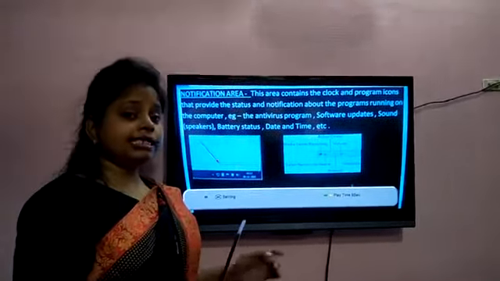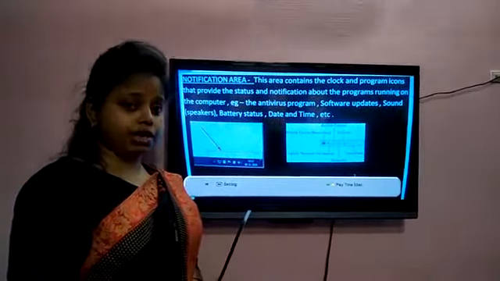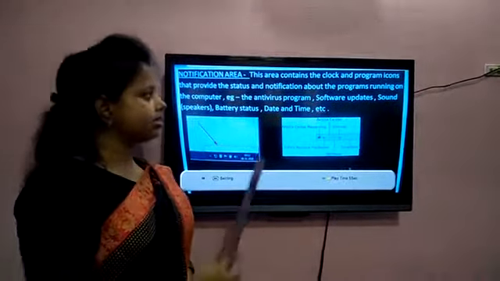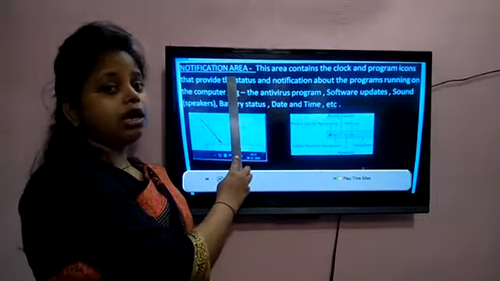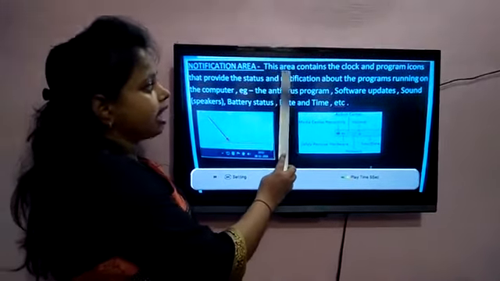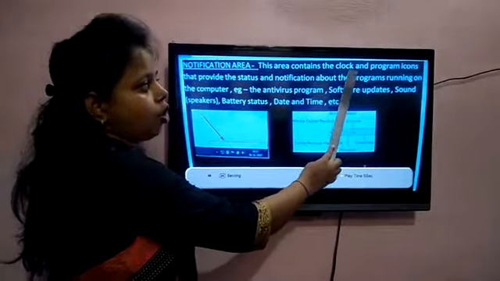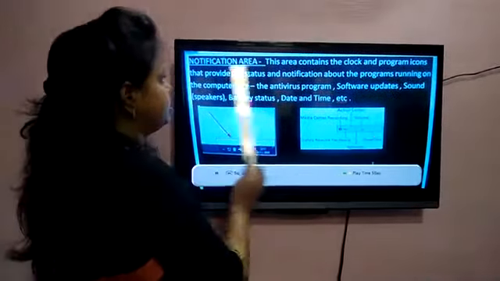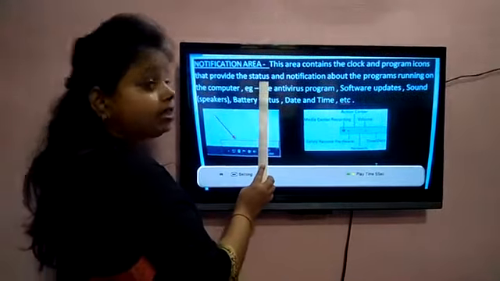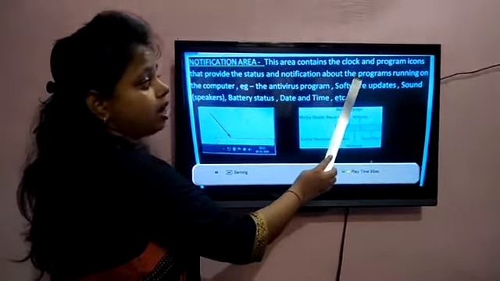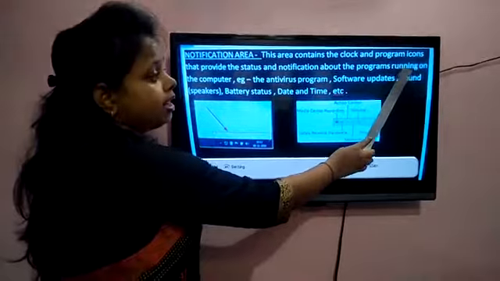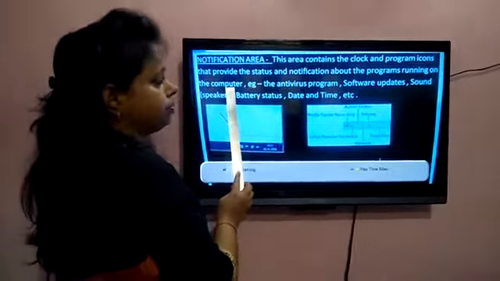The next section of the taskbar is the notification area. This area contains the clock and program icons that provide the status and notification about the programs running on the computer.